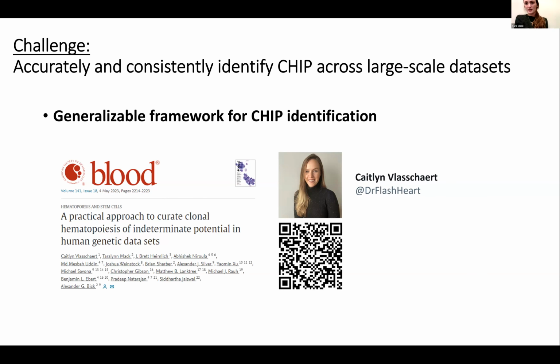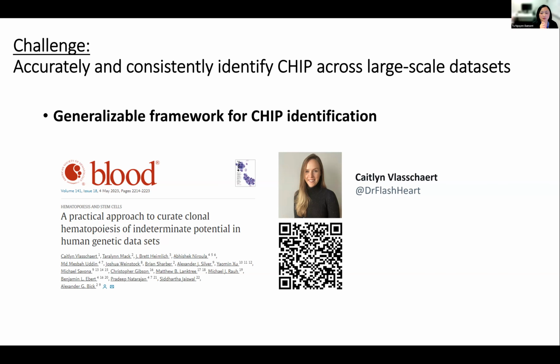And so you can see things like loss of X, loss of Y, so really big changes. You can also see mosaic chromosomal alterations. Those are a lot more structural and large variations, deletions, loss of heterozygosity. So clonal hematopoiesis in general is an umbrella term that can refer to lots of different changes. When we're talking about CHIP specifically, we're talking about these leukemia-associated driver genes, and a single nucleotide change.